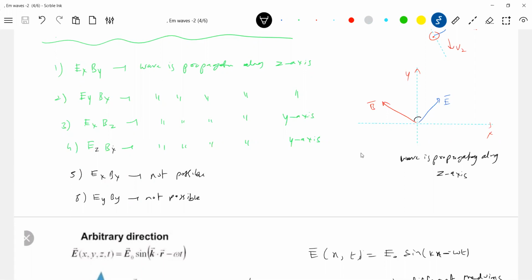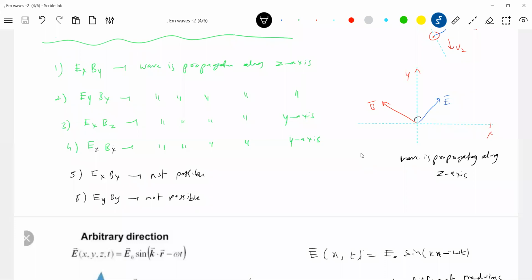What are the types of questions you see in Mains and Advanced? For television broadcasting, what is the frequency used in the EM spectrum? For fax application, for mobile communication, then X-rays, and what is the ultraviolet wavelength? They ask directly the data which is there in the NCERT book. You have to remember it, no other way. That has been given priority.